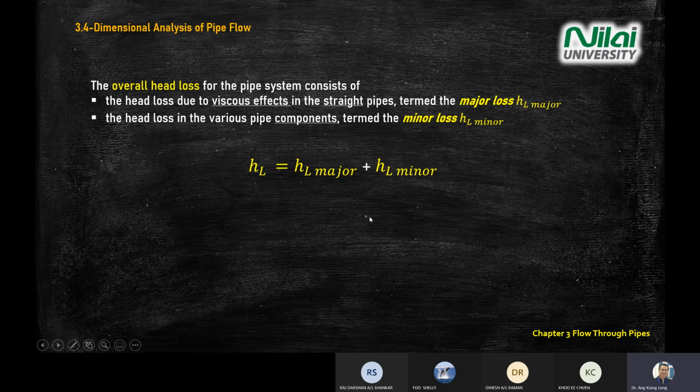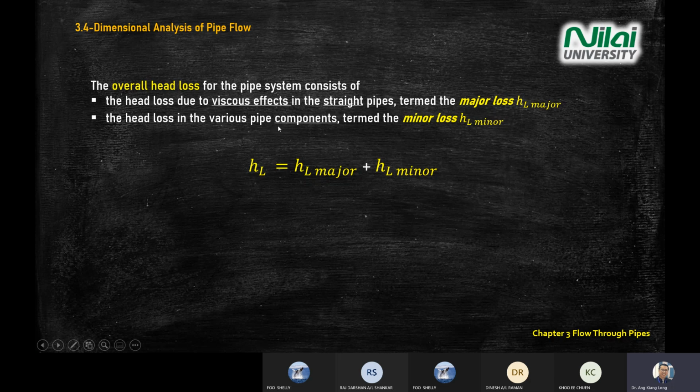loss inside the pipe. So HL equals major plus minor, which means you need to calculate the major losses that are contributed by the viscous effect in a straight pipe, meaning major losses come majorly from the fluid itself, maybe from the water, from the mercury, from the fluid itself, from the content itself. Then after that, you need to add the heat loss for minor. Minor means those